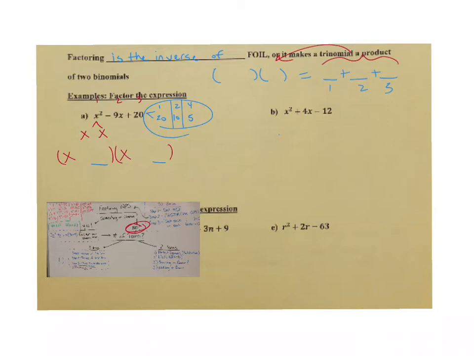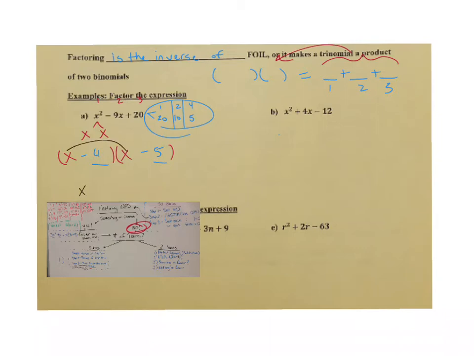So I could have x minus 2 and x minus 10, or I could have x minus 4 and x minus 5. Now the reason I'm going to choose x minus 4 and x minus 5 is because if I were to FOIL this,